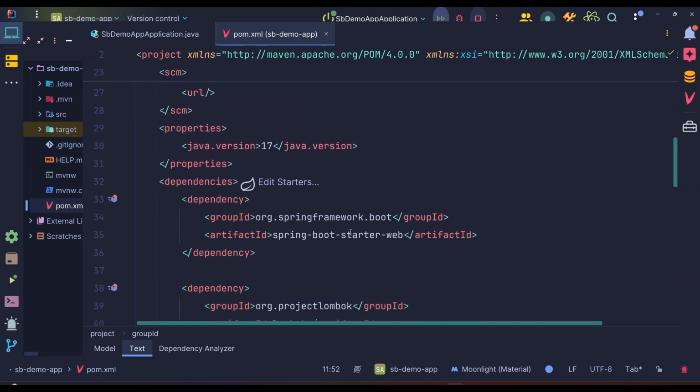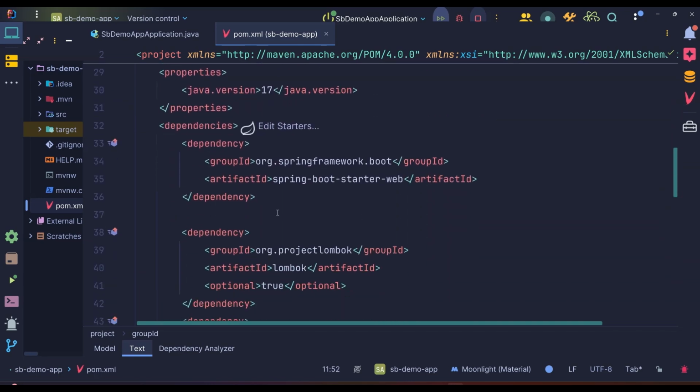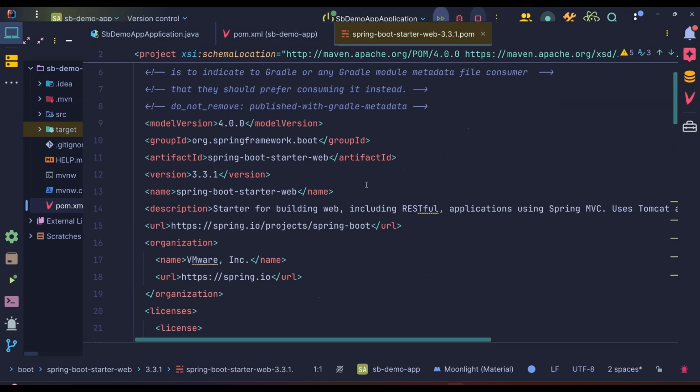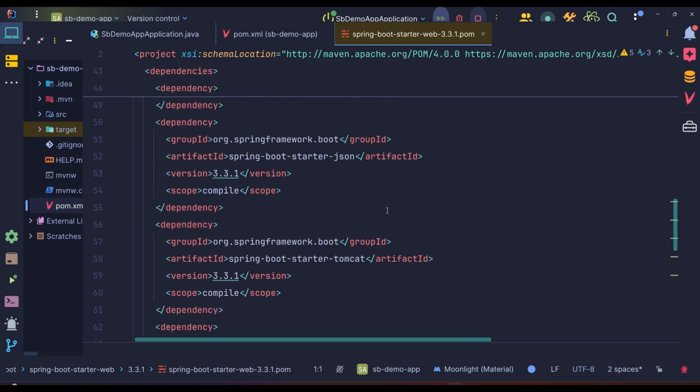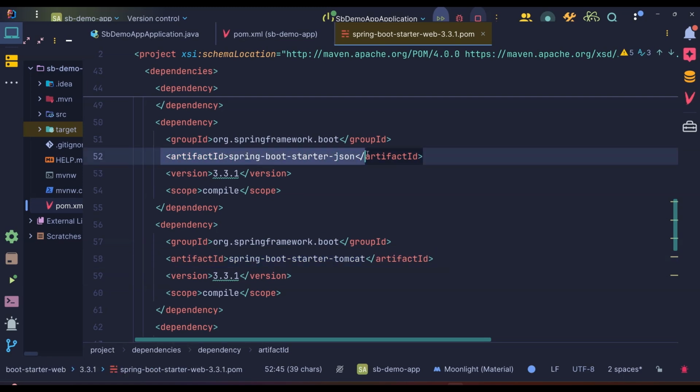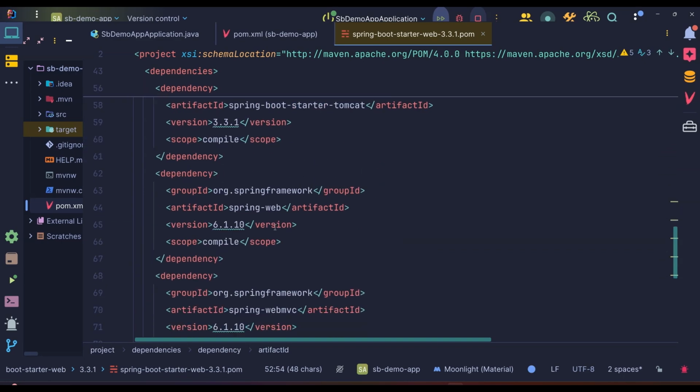If we scroll down right here, we're going to see that the only dependency we have in this project is the Spring Starter Web. This was the dependency that brought in Tomcat, the embedded web server that we're using to listen to our project on the browser. If we click on this and scroll down, we're going to see that there are other dependencies that this dependency pulls along. Right here we can see the starter Tomcat, which is the web server that we are using by default in this project. We also have starter JSON. And also we see that we're using